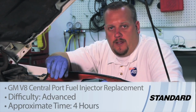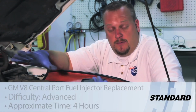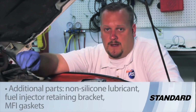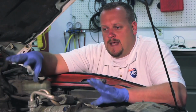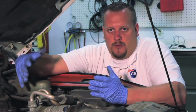Let's talk about injector replacement on a 4.3 liter GM product. Today we're working on a 2001 Chevy S10 pickup. This donor vehicle's got well over 300,000 miles on it already, and we've got a couple stuck poppet valves on various injectors here. We could replace these components individually, but because of the high mileage on the vehicle and the fact that we've got more than one of them bad, let's go ahead and replace the complete unit